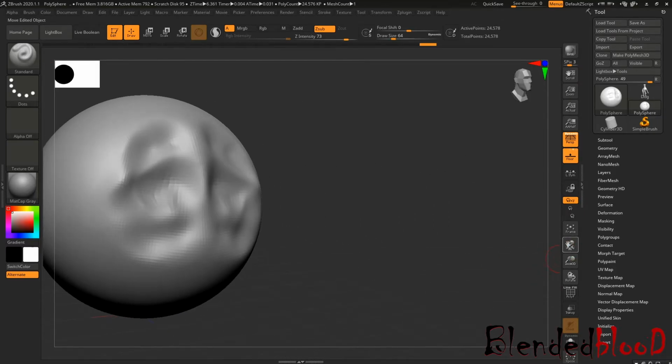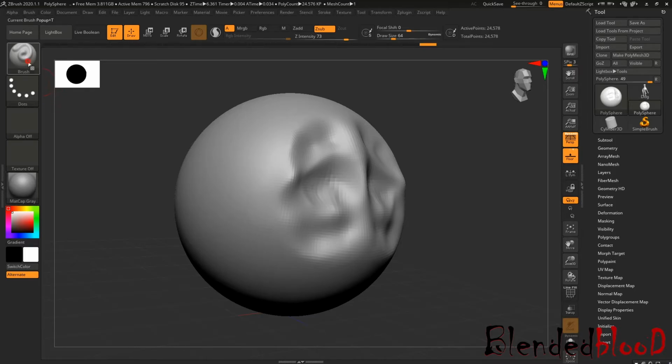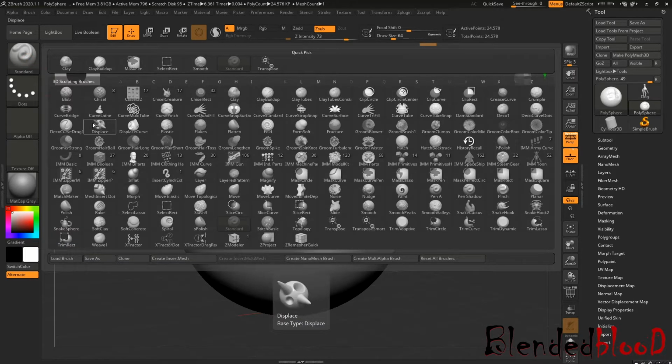Okay, now come to the brush again. If you notice, every brush is arranged alphabetically. If you want any brush which starts with B, you need to check the B panel. For example, this brush is called Flatten, so if I need to use this Flatten brush, I just go to the F column or row, and you will find it.